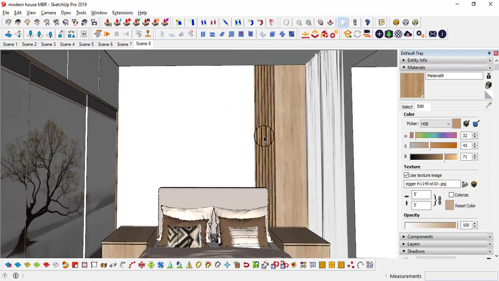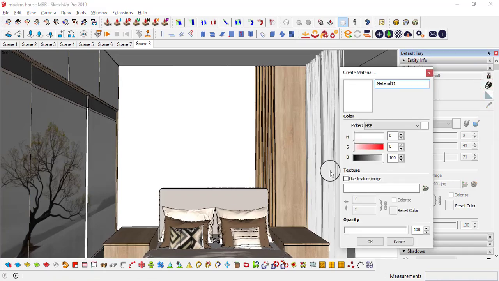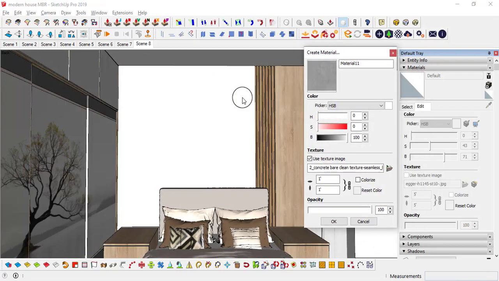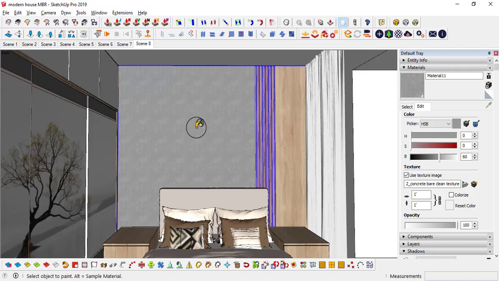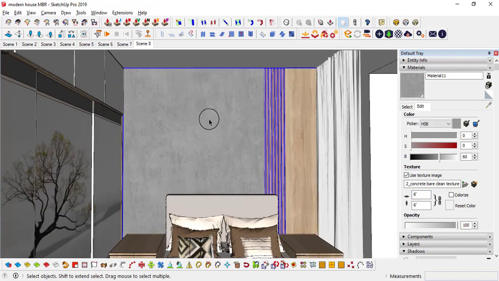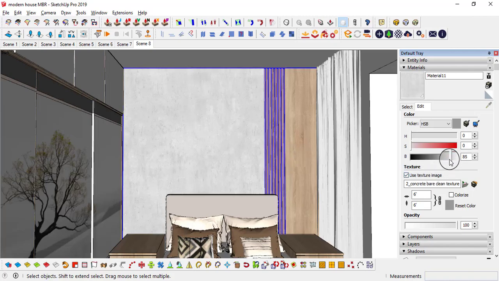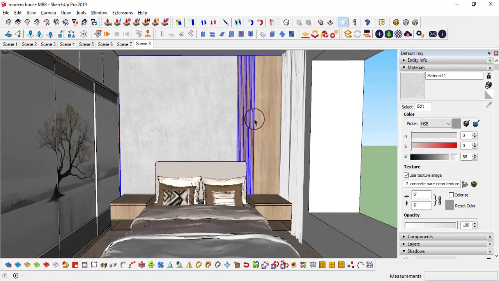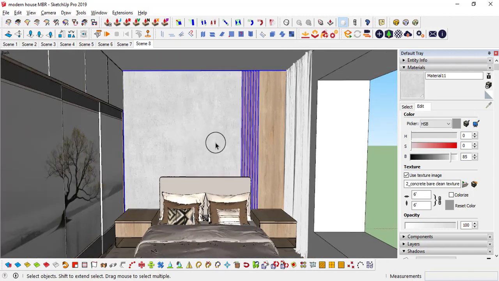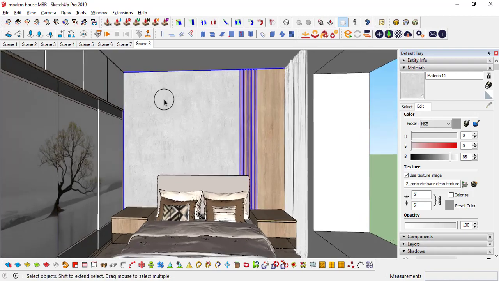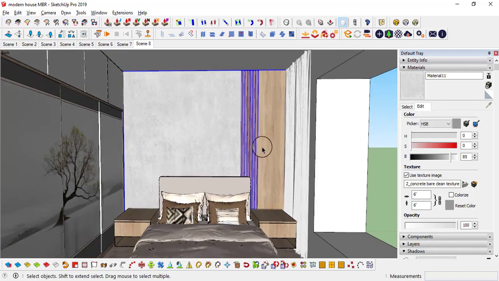And here I want to apply a concrete material, so I will create a new material. I am going to open this one. By the way, you will get these textures when you are downloading this model. Obviously you will get this texture, so you can use it. Okay, first of all apply. Scale is not good. Usually I will give 6 feet. Okay, at 6 feet this is kind of looking good, but this is kind of dark, so I will lighten this up. Furthermore, yes, kind of. Usually the Scandinavian theme mixes with natural colors, kind of a wood gray. All earthly colors we'll use in the Scandinavian theme. So I just used a concrete texture here and a wood texture over here.